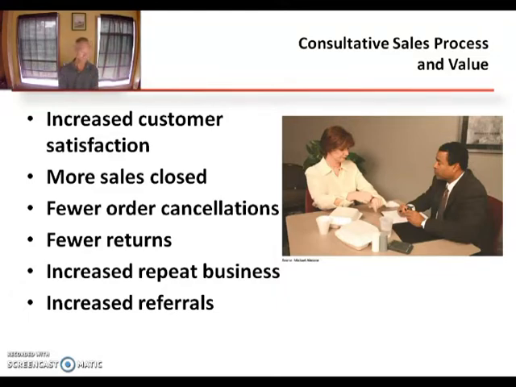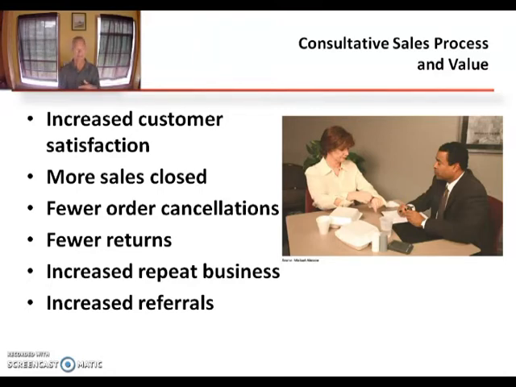However, if you don't play win-win, if you're not doing a consultative sales process and actually solving problems for your customers by fitting a product or service that you're selling to their problems, then they're not going to want to see you